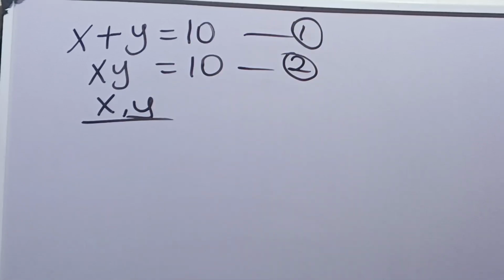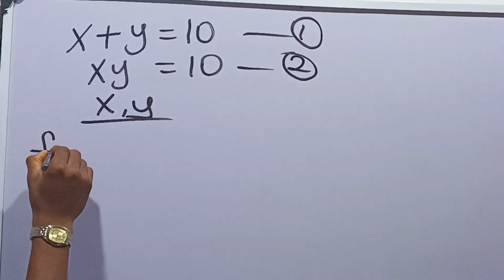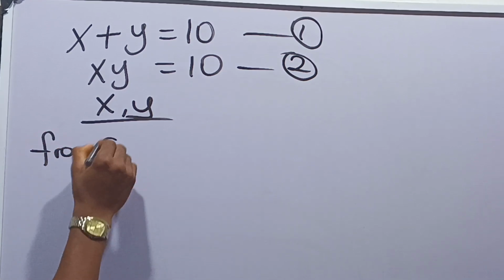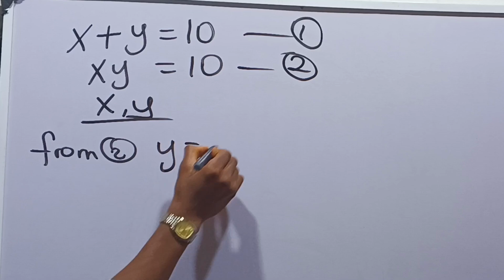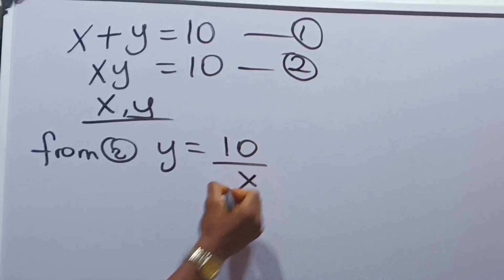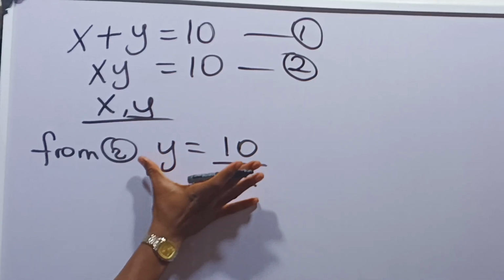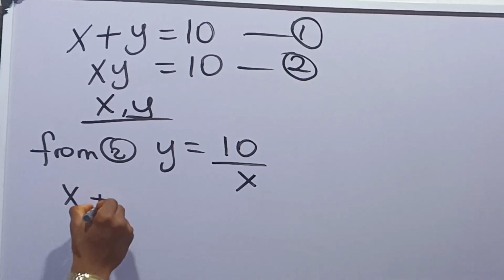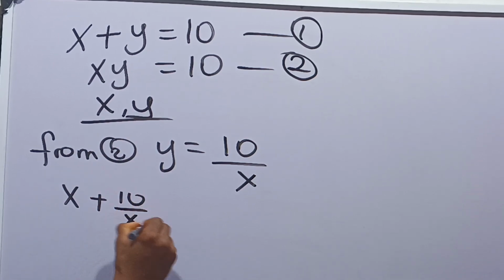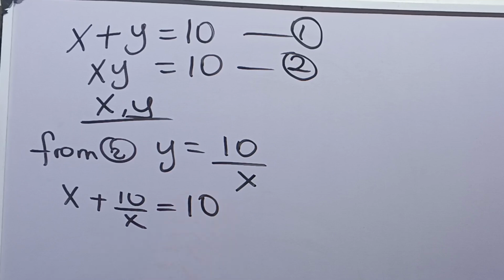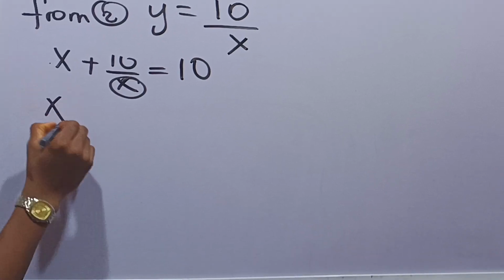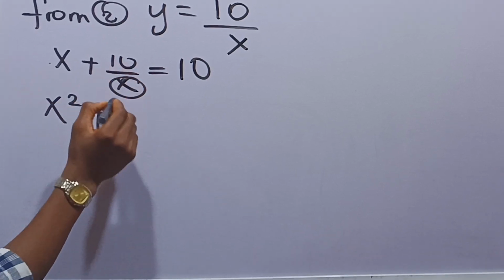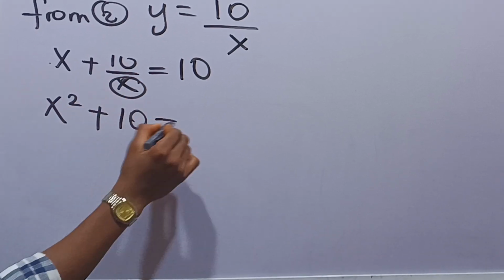Now we can say that from equation 2, y is equal to 10 over x. Let's replace y as 10 over x in equation 1. We'll have x plus 10 over x is equal to 10. Multiplying each term by x, x times x is x squared, plus 10 over x times x is 10, is equal to 10 times